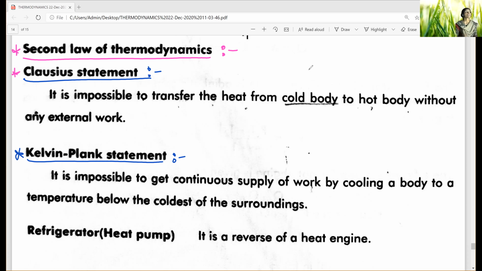So if asked to give the statement of the second law of thermodynamics, or state the second law of thermodynamics, you have to mention both statements, that is the Clausius statement as well as the Kelvin Planck statement. So next we shall discuss about